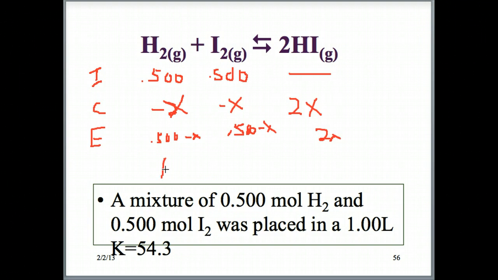We know that K equals 54.3, no unit, 54.3. Remember what that means? It means that it's an equilibrium, that's true, but it's almost entirely product-based. And that equals